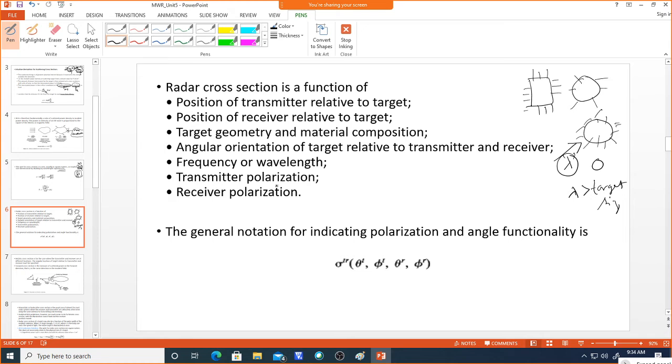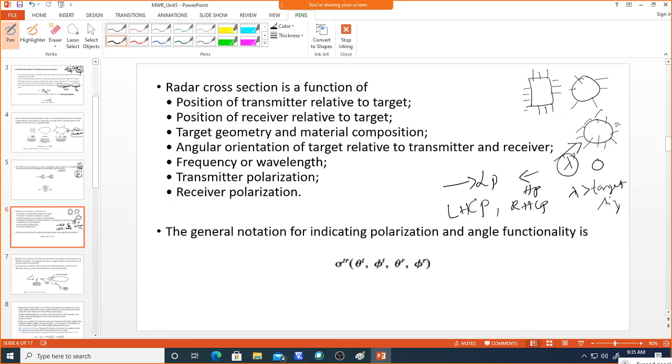One more important parameter is the transmitter polarization and receiver polarization. Whenever you transmit in linear polarization and receive in horizontal polarization, then no power, or only a very small amount of power, will be received. So how the transmitter sends the wave in terms of polarization is very important. You can even use circular polarization, LHCP or RHCP: left hand circular polarization and right hand circular polarization.